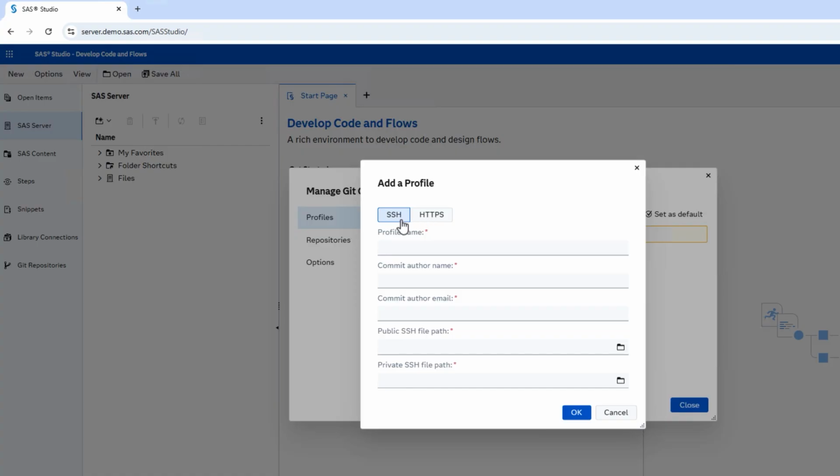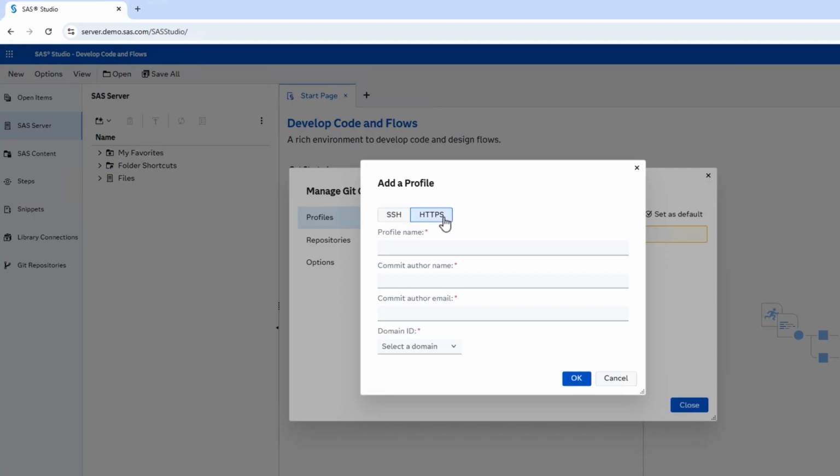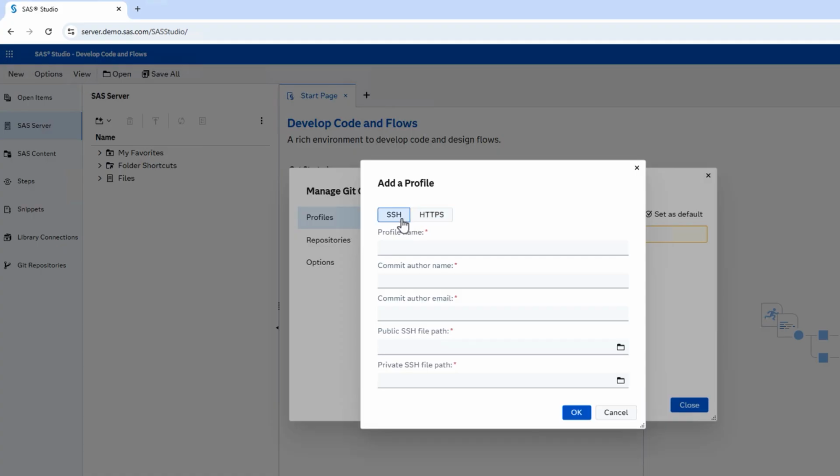Using SSH involves a process of creating private and public keys, registering the keys with your Git provider, and then making those keys available to SAS. Using HTTPS involves a process of creating a personal access token in your Git provider and then making that token available to SAS. This demonstration will use SSH keys because you do not need administrative privileges to configure your Git